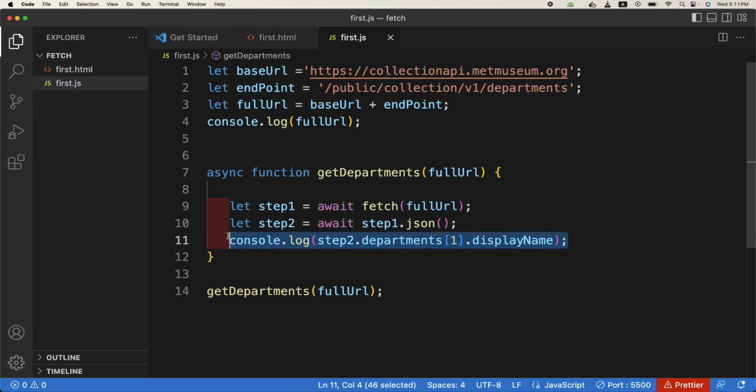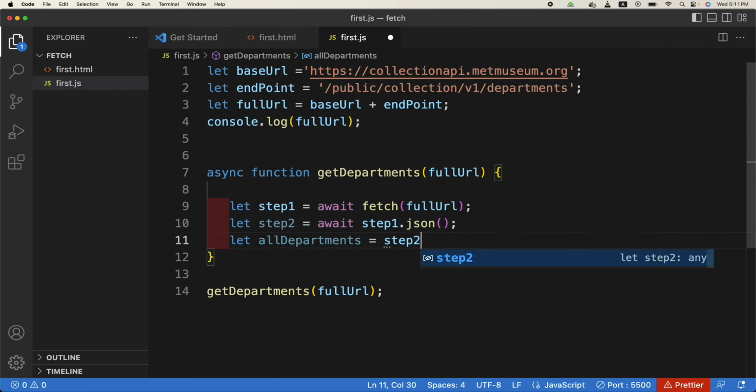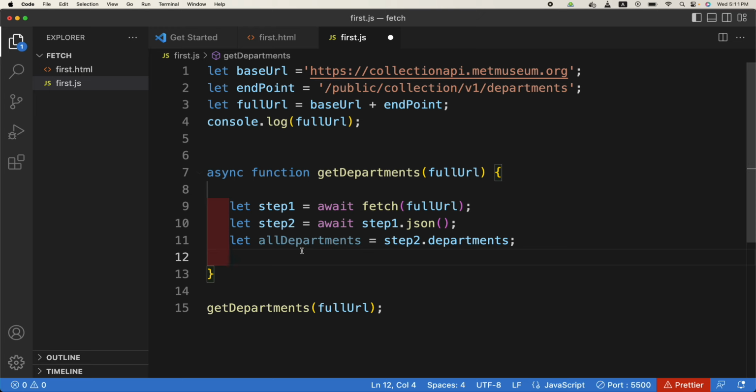let us make it easy for you. Let all departments equals, what is it, step 2 dot departments, because now all departments is an array. So if, for example, I need to print all the values, remember the map function I mentioned earlier, we need to go through this array one by one. So this is now an array. If I console.log all departments,